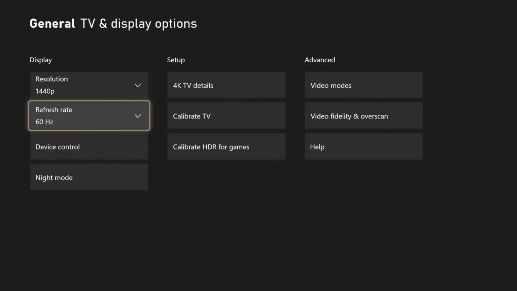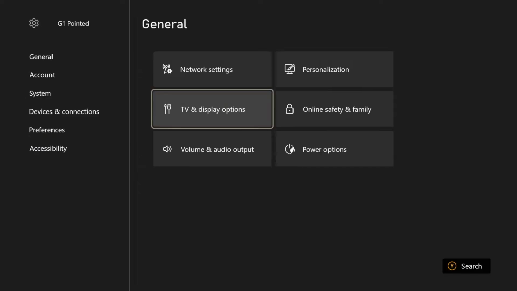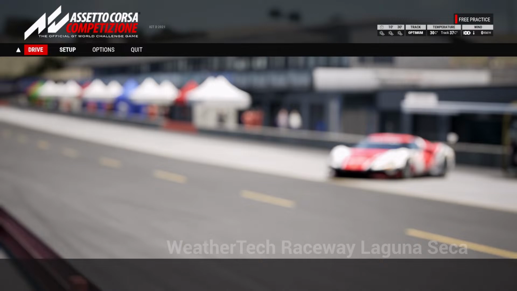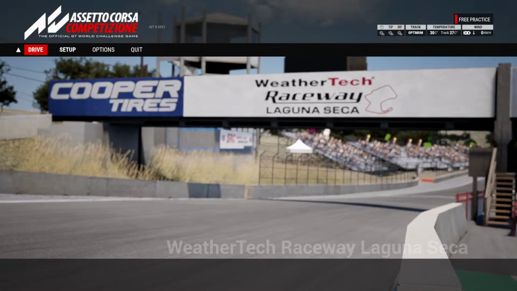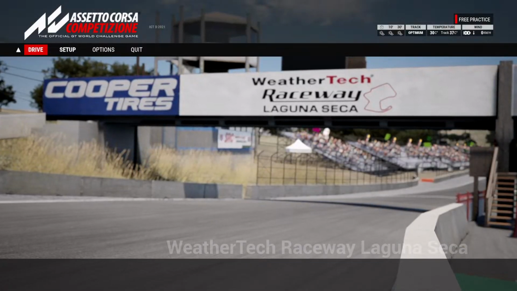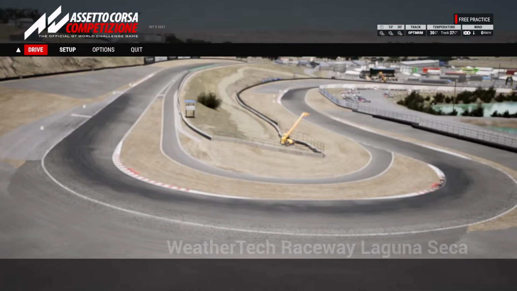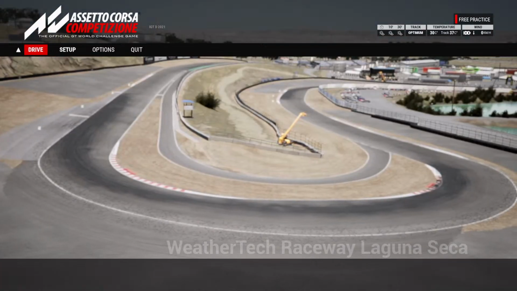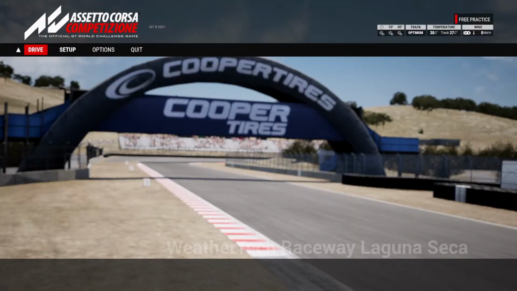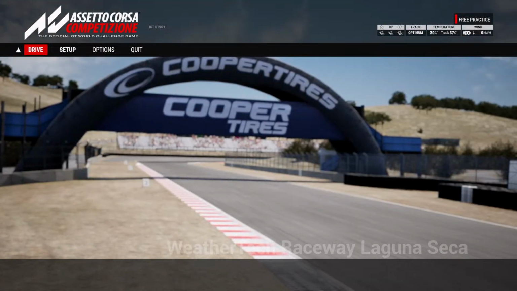Now when I cancel it and it goes back to 60, that's a problem because when I play on my Samsung G5 and I recorded a video for Forza, I was able to do 120 at 1440, which that monitor does. This G9 is an OLED, so I'm having a hard time